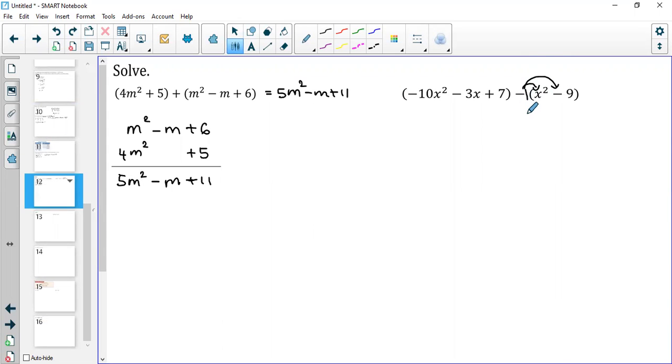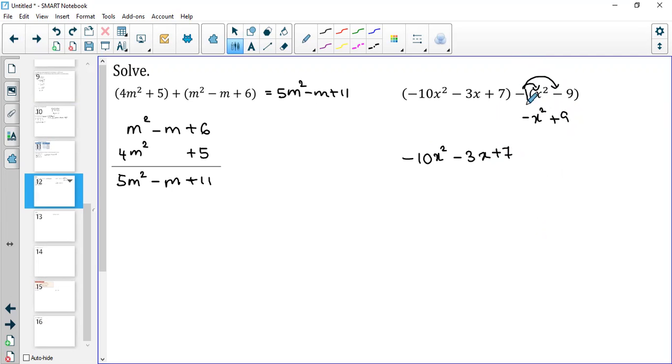Negative 1 multiplied by x squared gives you a negative x squared. Negative 1 multiplied by negative 9 gives you a positive 9, because negative multiplied by negative gives you a positive. So in fact, the question for you is going to be 10x squared minus 3x plus